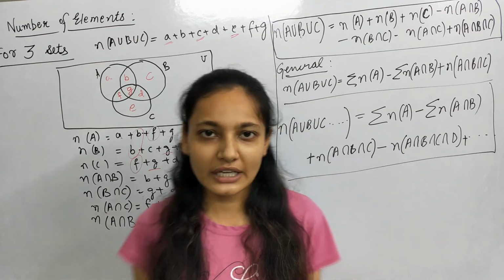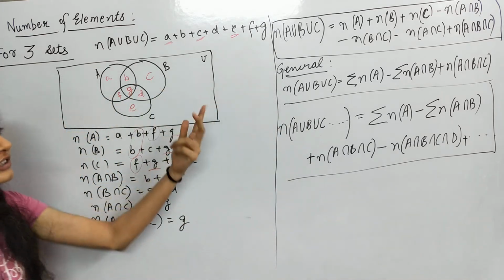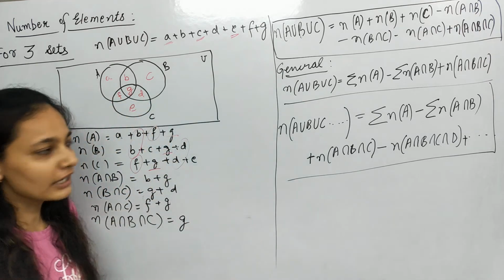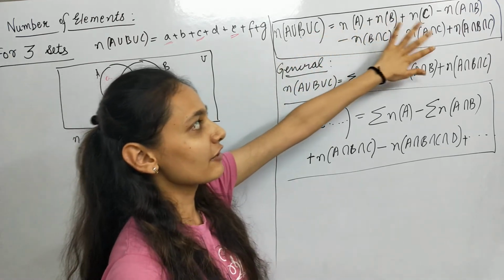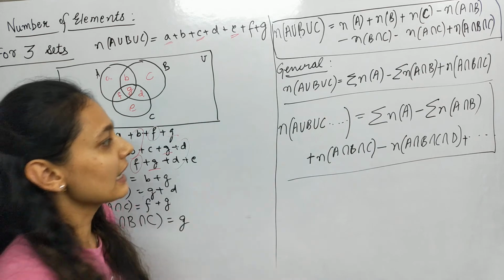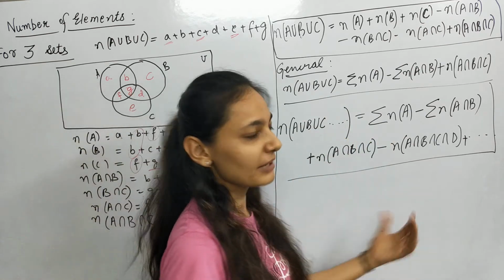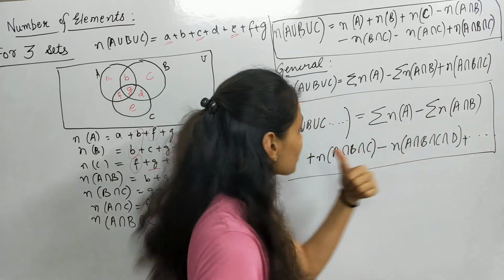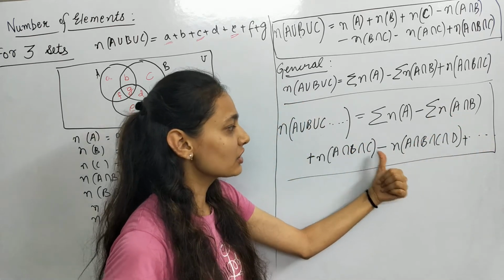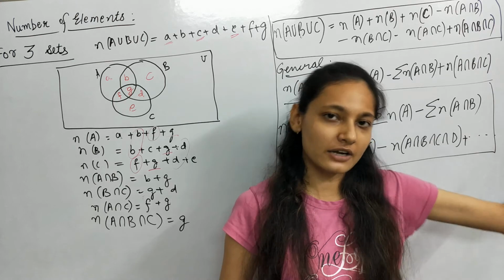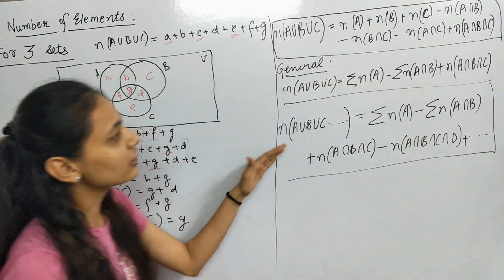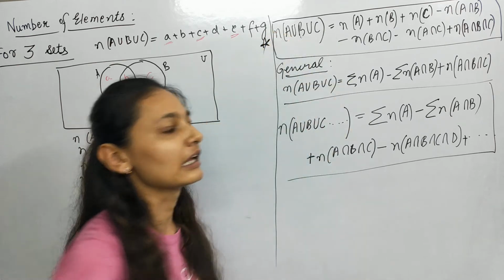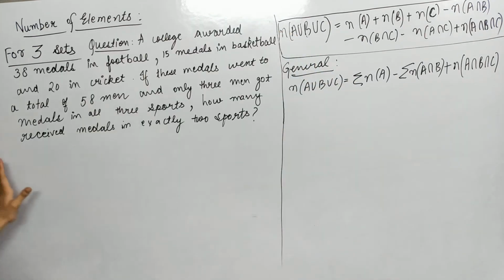So आपको generally इस लेवल पे 2 sets या 3 sets का ही आएगा कि number of elements count करो. तो 2 sets के लिए आपने फॉर्मूला कर लिया और 3 सेट्स के लिए आपके पास ये फॉर्मूला है, तो हम उसकी जनरल फॉर्म लिख देते हैं कि अगर 4, 5, 6 सेट्स दिए होंगे तो आपने क्या करना है? समेशन एक एक सेट का ऐड करना है, फिर सब्ट्रैक्ट कर देनी है 2 की समेशन, फिर ऐड कर देनी है 3 की समेशन और फिर सब्ट्रैक्ट कर देनी है 4 की समेशन एंड सो ऑन. इस फॉर्मेट में आपका चलेगा इसका फॉर्मूला. बेसिकली आपको ये दो फॉर्मूले याद रखना है, फर्स्ट एंड सेकंड. ओके ओके, लेट अस सी दिस क्वेश्चन.